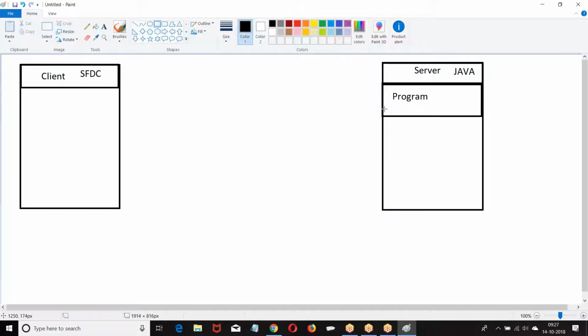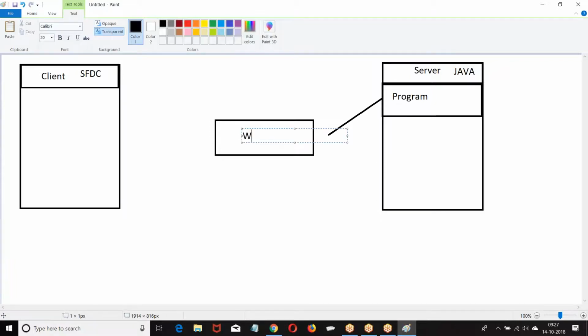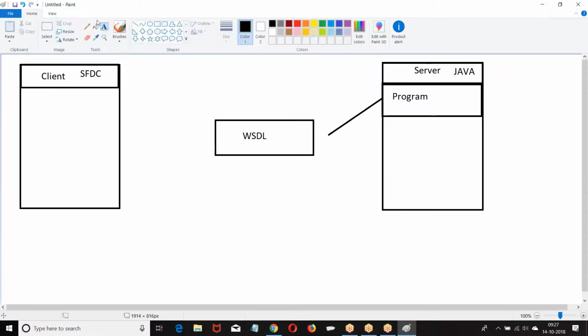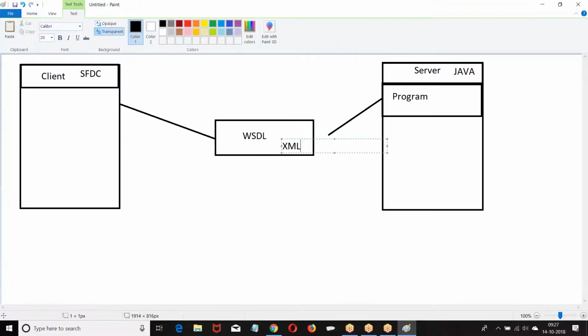Here they don't use any URLs. When you go to SOAP API, they don't use any URL. They only share the direct class. So the program is in Java, and the client understands only SFDC, then what will happen? Take this and convert the Java program into a neutral form, which is an XML file actually. That XML we call WSDL, Web Service Description Language.